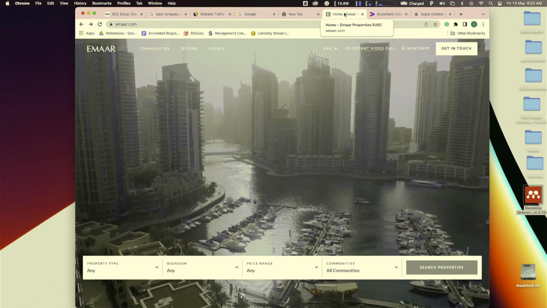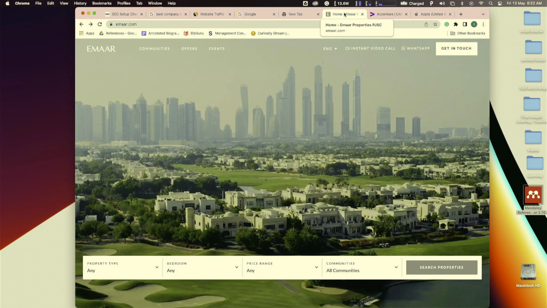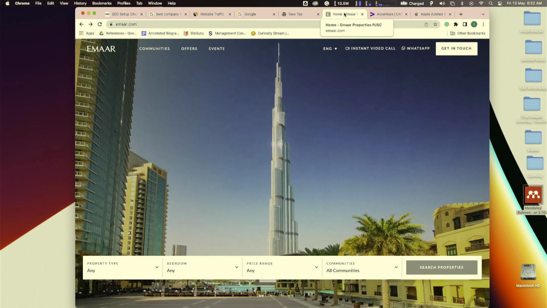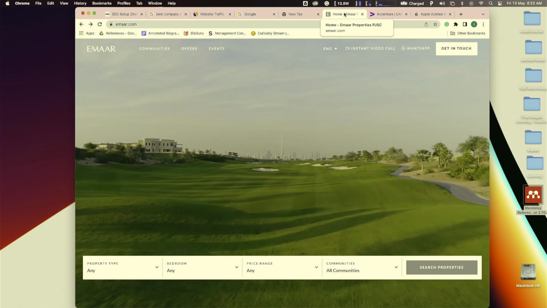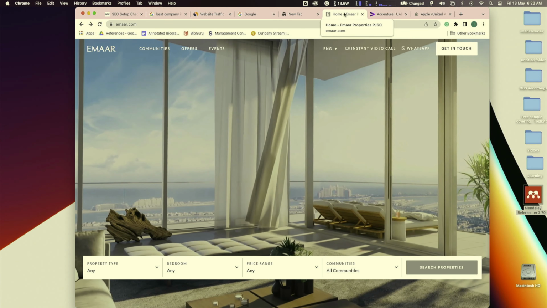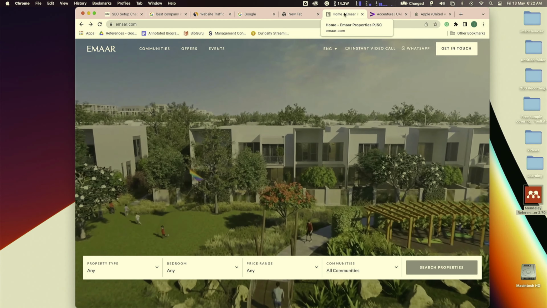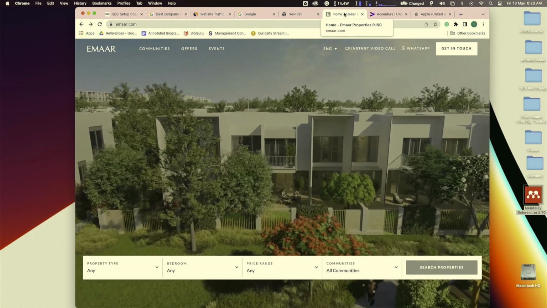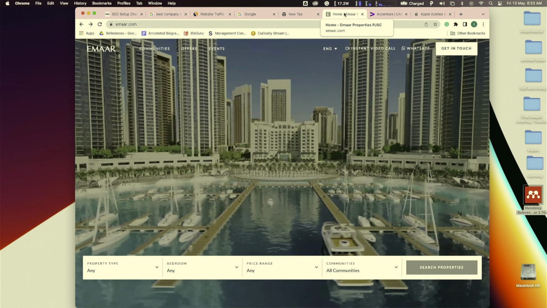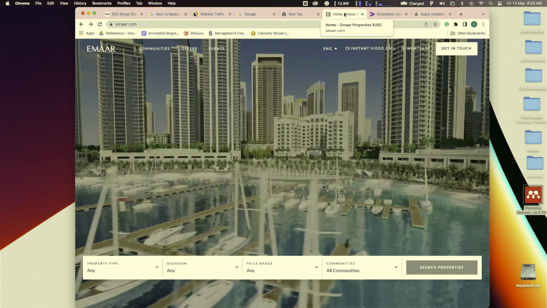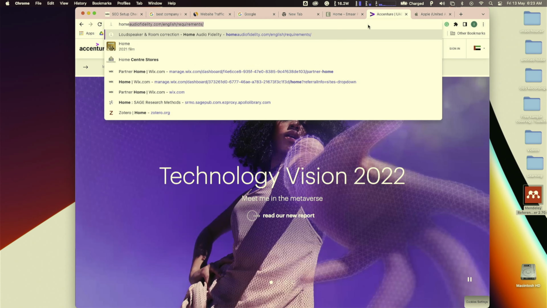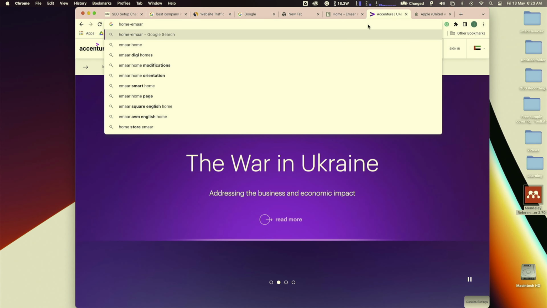So the company is saying, we want people, when they search for home-Amar properties PGSC, to find us. So this obviously tells you that the configuration for the SEO of the main web page for Amar is not done in the best way for SEO. Okay, so this is why home-Amar properties. So if I come here and I search for home-Amar properties,